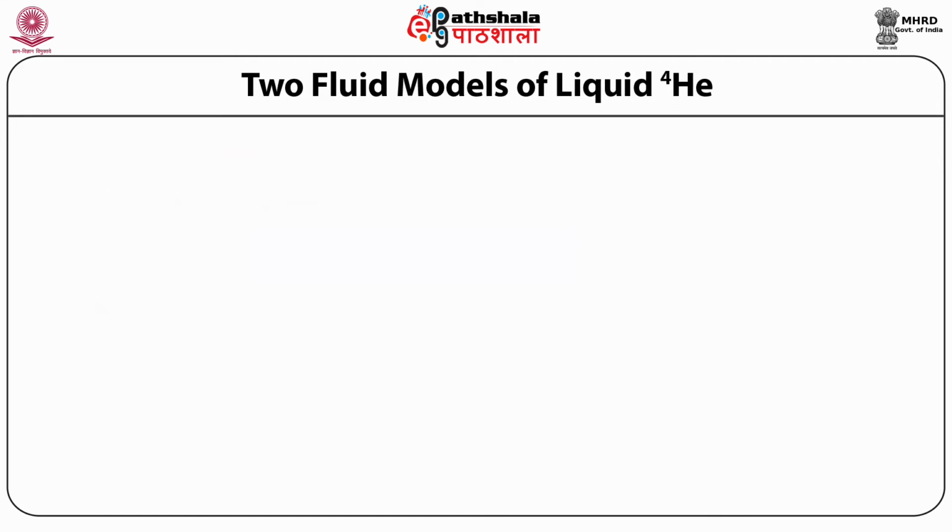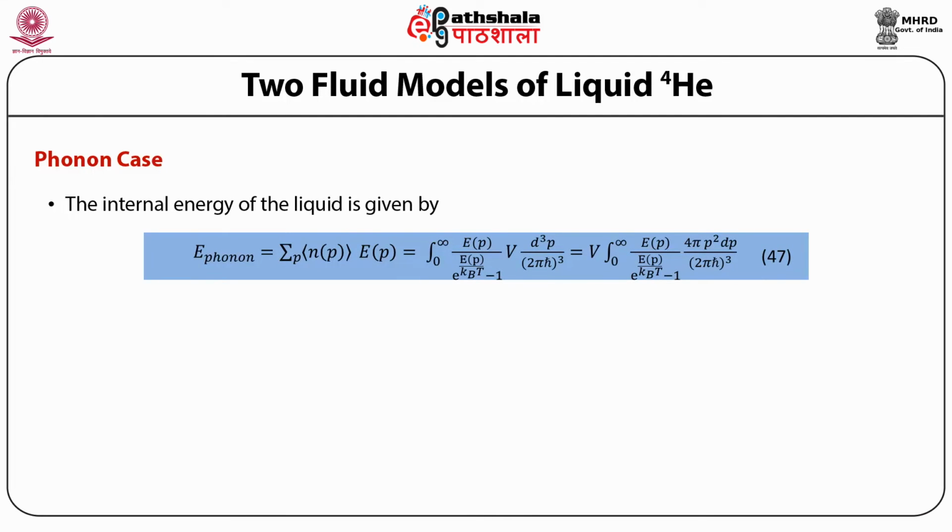Let us therefore look at the two cases, that is the phonon case and the roton case, separately. The internal energy of the liquid is given by E_phonon equal to sigma over p of the expectation value of N_p multiplied by E_p, which is equal to the integral from 0 to infinity of E_p upon e raised to power E_p upon k_B T minus 1, multiplied by V d^3p upon (2 pi h bar) whole cube, which is equal to V times the integral from 0 to infinity of E_p upon e raised to power E_p upon k_B T minus 1, multiplied by 4 pi p square